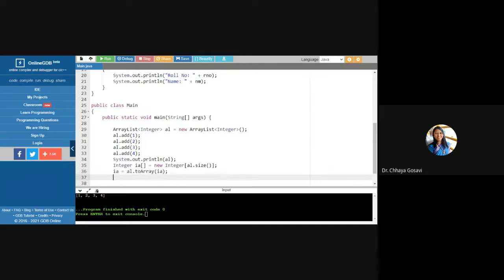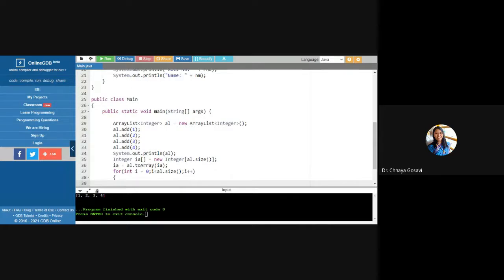And we can use a normal for loop: for integer i is equal to 0, i is less than again AL dot size, or we can store this size in some variable, so that will be easy, and i plus plus. And here we want to print, sorry, we need to calculate the sum. So integer sum is equal to 0 initially.